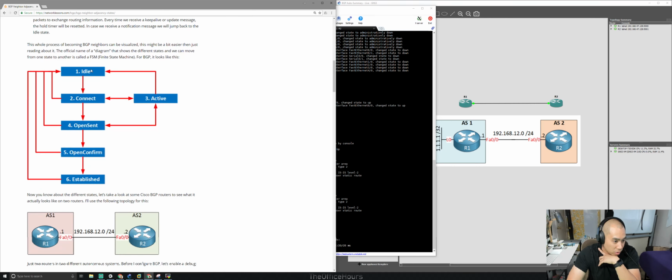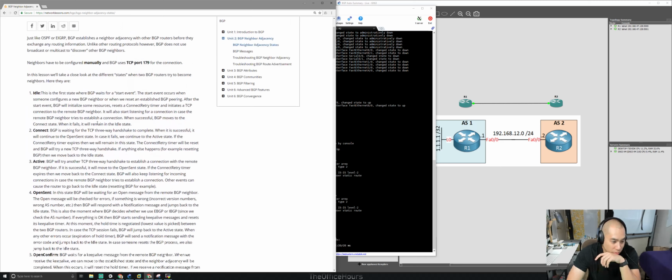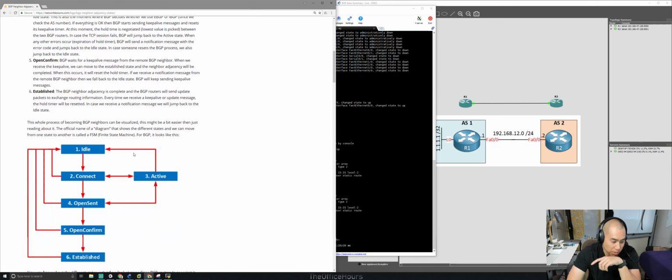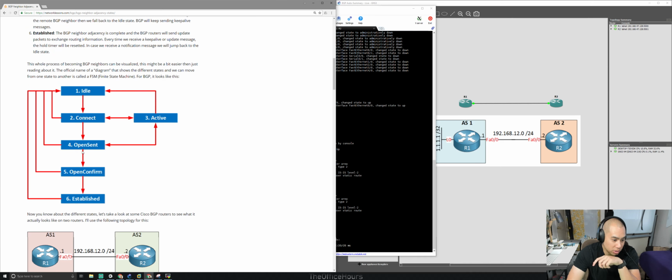So we have Idle, that can only move in one direction, which is Connect. Connect can move back to Idle, can move to Active, or move to OpenSent. But I think it could also remain in Connect. Is that what I read? Oh, I guess it was another one. Alright, so